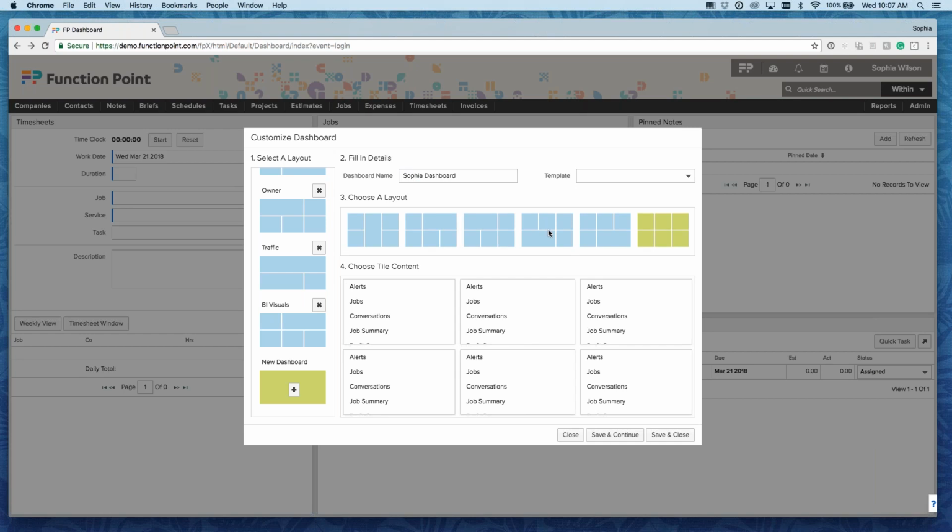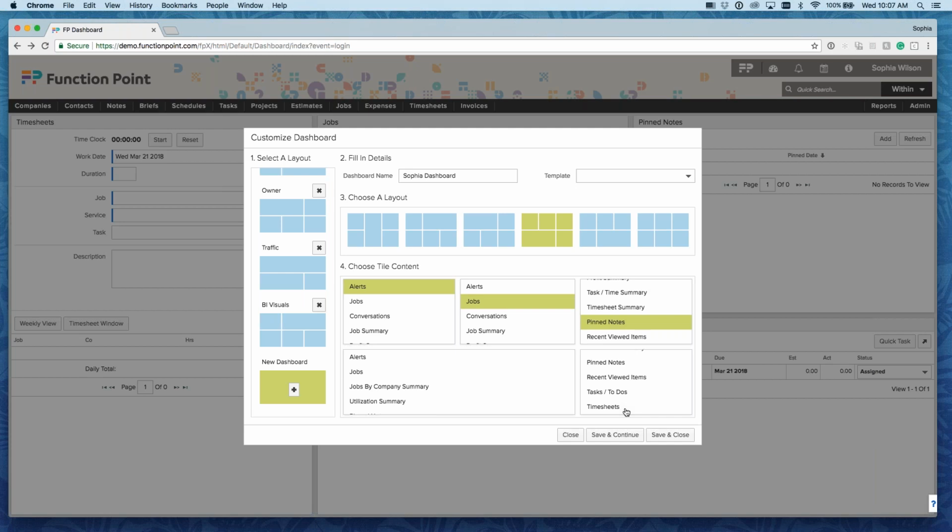Within that, as you choose the different tile layouts, you can then choose the data that is accessible within those tiles. So for our example today, maybe I'm going to go for alerts. I'm going to go for jobs. I'm going to go for the tasks, the timesheet, pinned notes actually. Let's go for tasks and to-dos, and then in here, I'm going to do jobs here, and then we're going to change that to